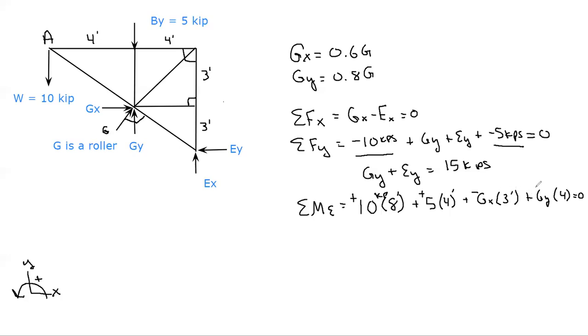And finally, Gy would also provide a negative moment. Doing the arithmetic, 80 kip feet plus 20 kip feet